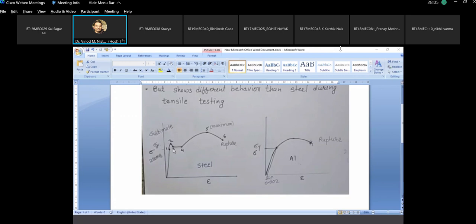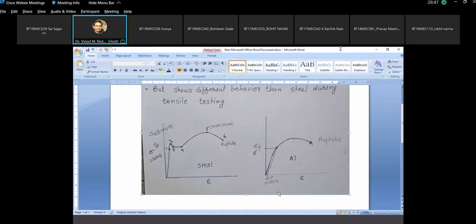So there is a clear yield point, while in the case of aluminium, we have not seen any clear yield point. The graph starts from the origin. As we increase the load, there is some increase in the length of the bar, and after some limit of proportionality, here we can see a limit of proportionality up to this point, stress is directly proportional to strain. After this there is an increase in stress, and after the maximum point we can see just the rupture. So here we are not able to clearly see the yield point of the aluminium.